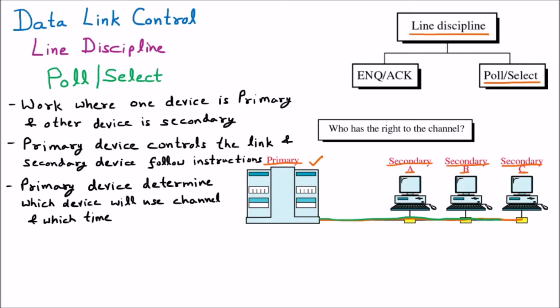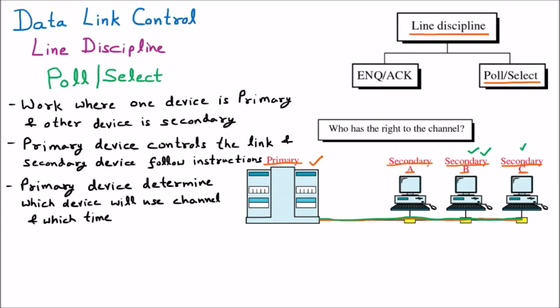We know that there is a channel by which primary and secondary are connected. Now assume a scenario where two devices, let us suppose B and C, both want to send data. If they start sending through the single line, there will be a collision. To avoid that collision, whole control is given to the primary. So the primary will decide who sends the data. If the primary says yes, B will send the data, then everybody else will stop. A and C will not send the data, only B can send. Through the channel, who can send the data will be decided by the primary only.